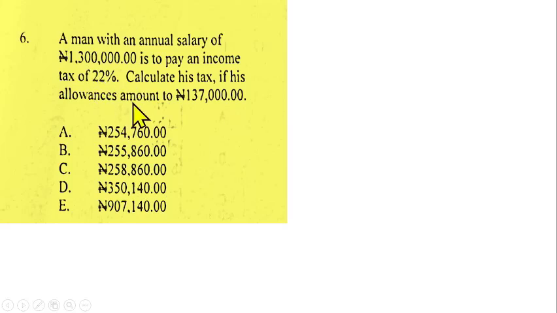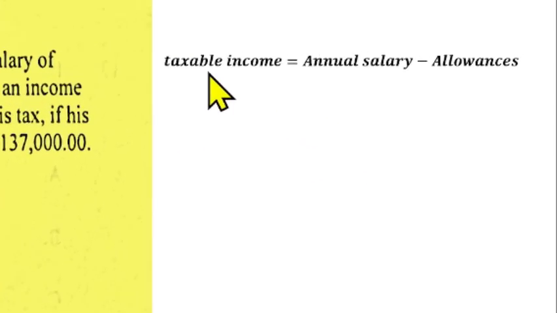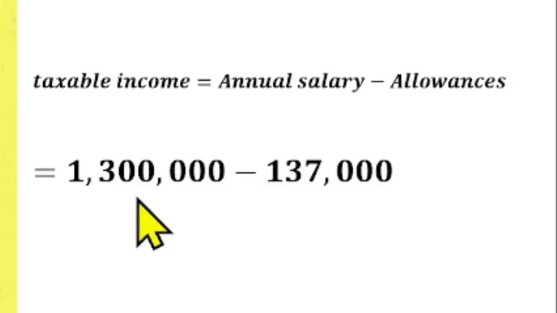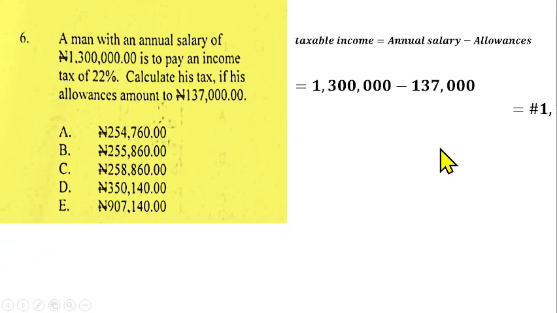So in calculating the tax, allowance is not taxable. You are going to calculate it on the basic salary, not on all the money. That means to get the tax of the person, we need to first remove this allowance from the total amount, so that whatever balance we get, you can then find the tax on that. So taxable income is going to be annual salary minus allowances. That will be 1,300,000 minus 137,000, and that gives